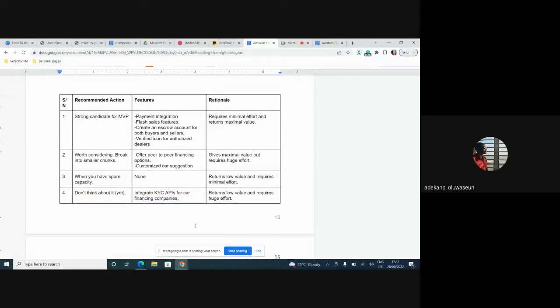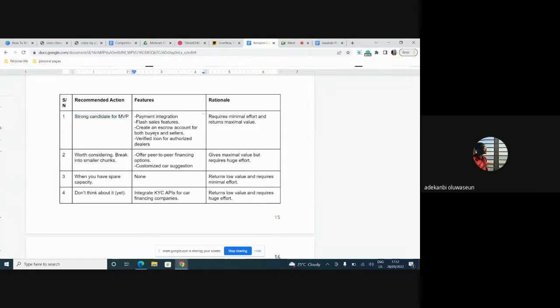All right, great. So like we said, all the features that require minimal effort and return maximal value, see that here, I've just highlighted it. Anything that falls into this part becomes your MVP. This is now what you're putting in your sprint. This is what you're now focusing on and saying, yes, we're working on this now. Other things will come later.